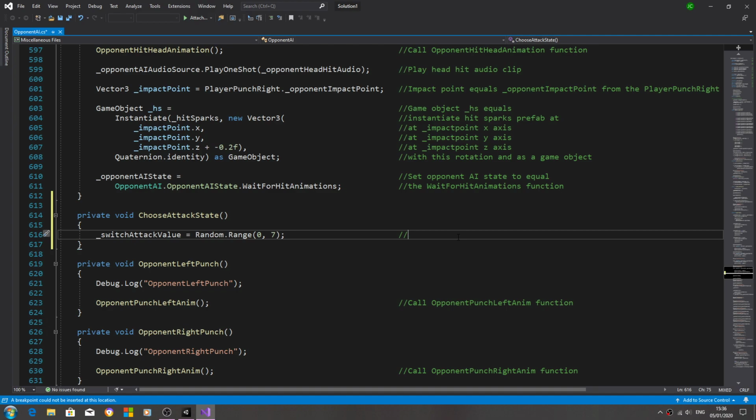Let's put that into the comments. We'll just say switch attack value is equal to a random number between 0 or 7,